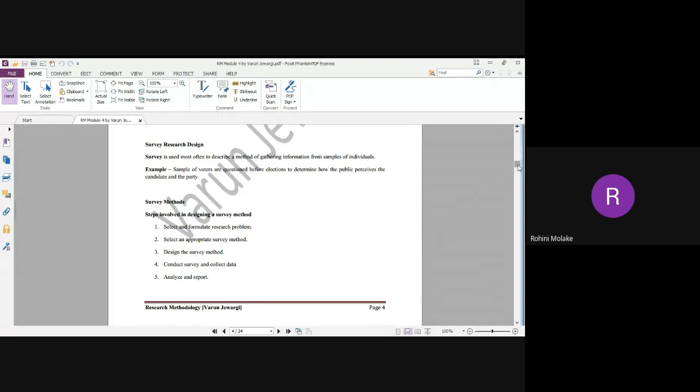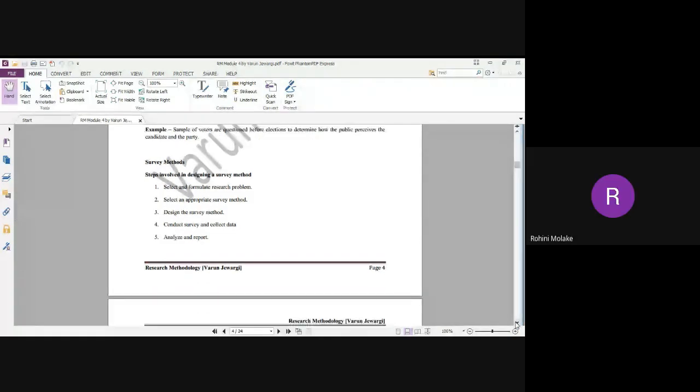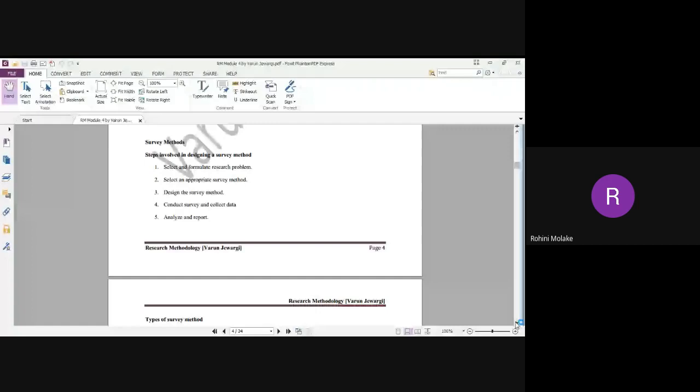Some get a heart attack from over-drinking, and some get tense. But if the consumers consume a limited amount, they will get rid of laziness. Likewise, he designed the survey method. He collects the data, analyzes the report, and then instructs consumers on how much to drink and how much not. Okay, no, it is perfect.